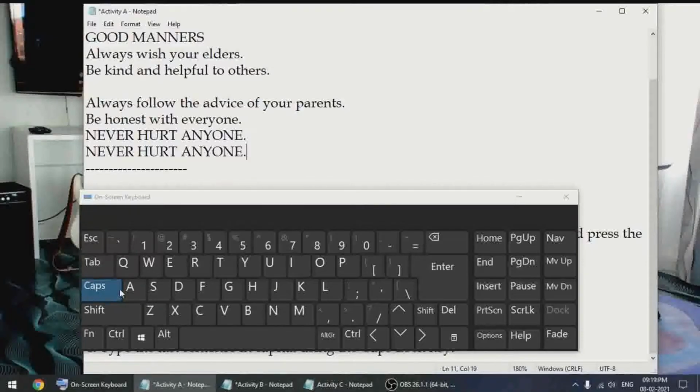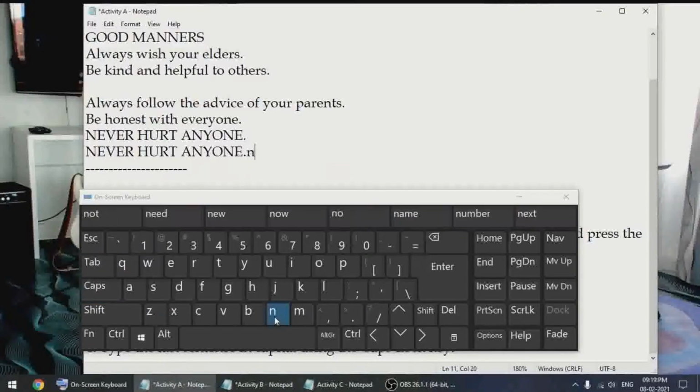So therefore the name caps lock, that means we can lock the key. See, it is still locked. Even if we don't touch it, even if we don't press it, it will always be locked. So if we press this once again, the caps lock will be removed and all the letters will become small. See, you can notice that the letters are small now. So I'll use a backspace key and I'll remove this.